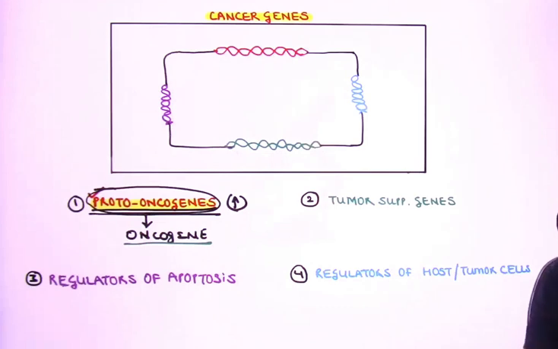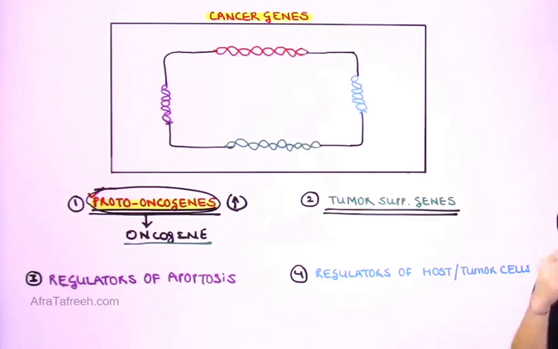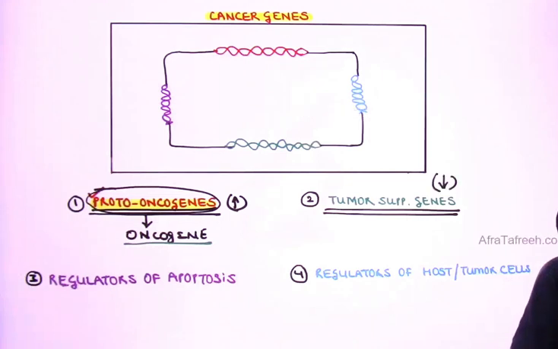Tumor suppressor genes are genes which are responsible for causing, in a normal cell, a reduction in the replication rate. It is also associated with cell differentiation, also associated to some extent with the function of DNA repair. All in all, this group of genes are responsible for causing a reduction in the chances of development of a tumor. So that is why the name tumor suppressor genes.